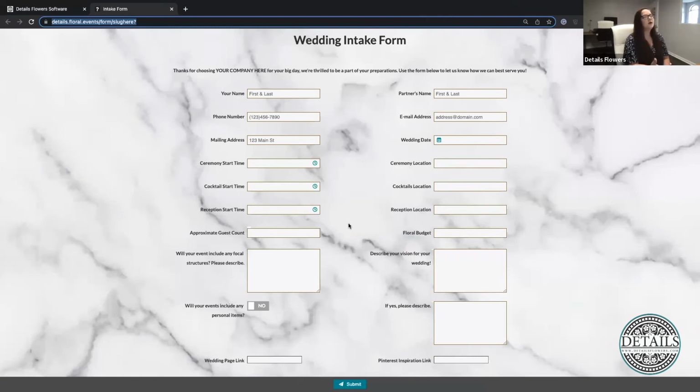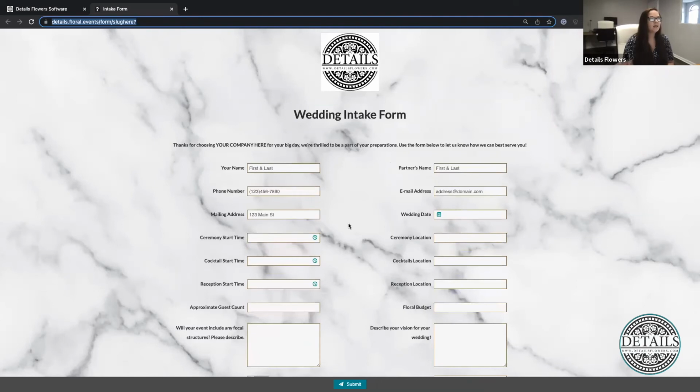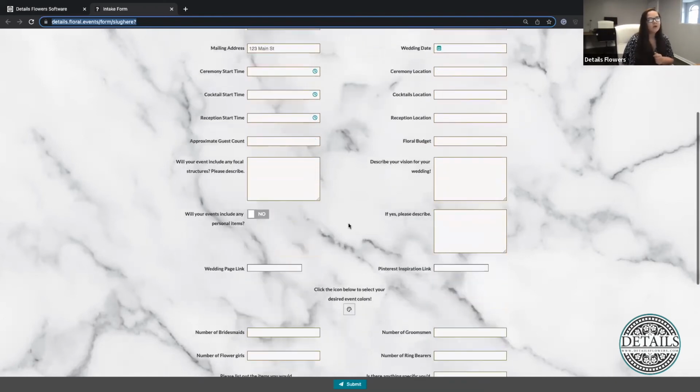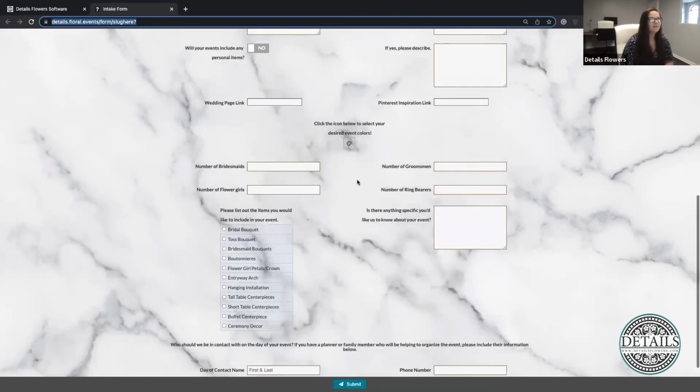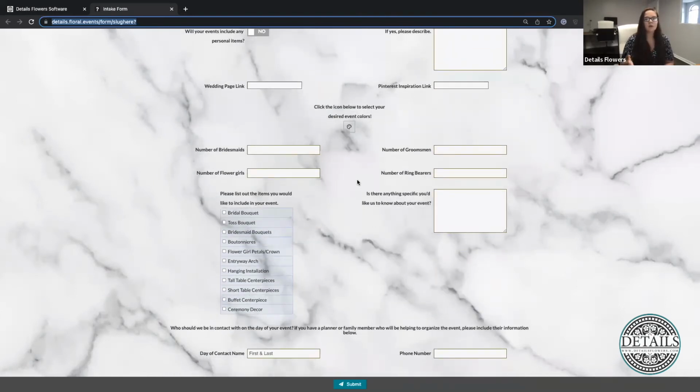And then, of course, they would come to a page that you would be able to customize with a background, have your logo on it. You get to select the questions that they're asked on the form and customize that completely. You can also pick different colors here for your form. So, for example, my little time icon here, my calendar icon, I can choose those colors. I can then go in and decide if I want this to be mapped into an event. When I say mapped into an event, what I mean is to move all that data, all the information and responses that this person has had, and move that right into an event, so you're not having to manually